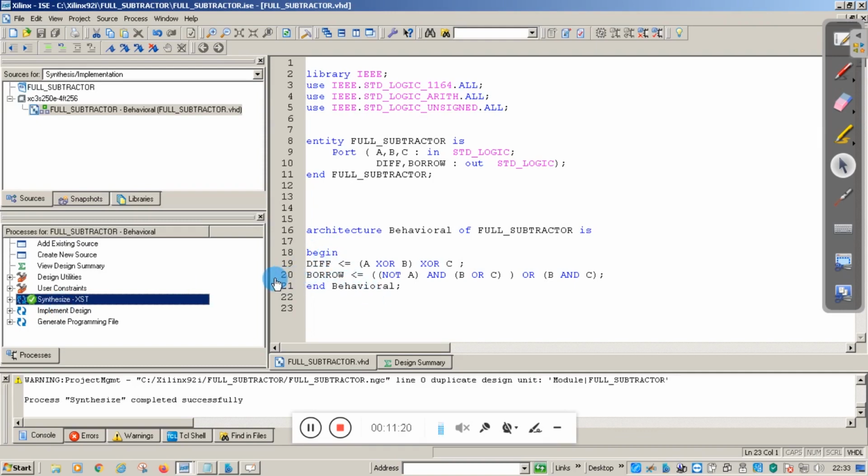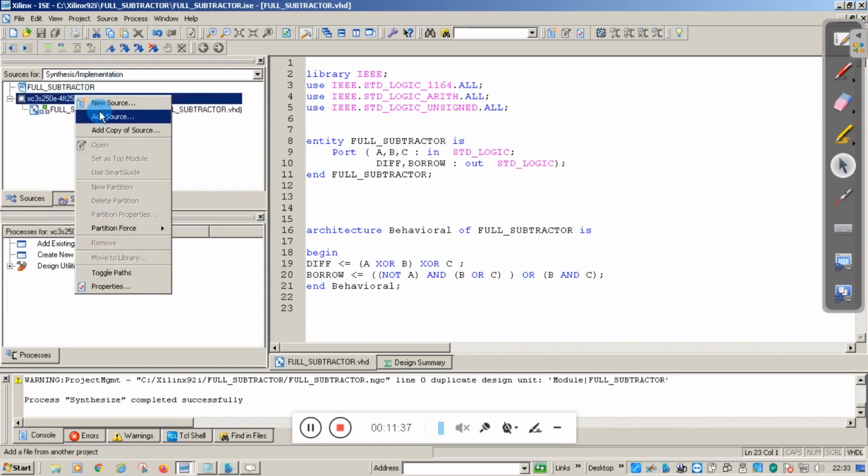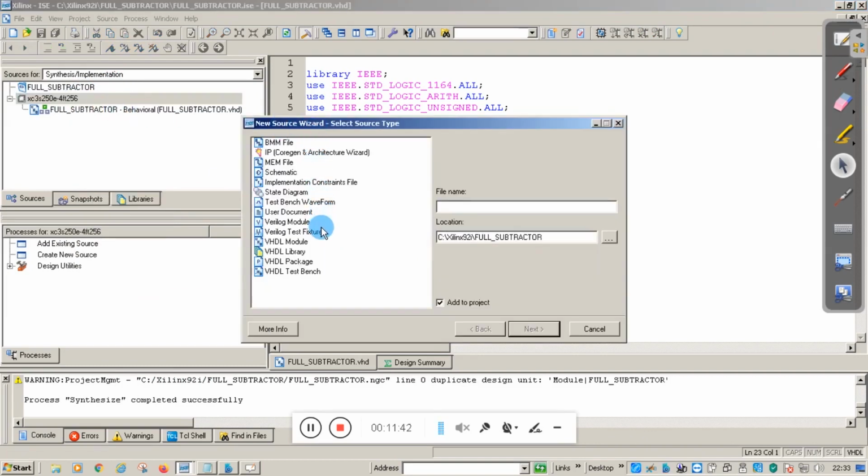Now the second stage is giving input to our code. Input to the code can be given by a process called a test bench. For that, right click on our package and you will see the option New Source. Click on New Source. Here you will see the option Test Bench Waveform. You can give the input in terms of a waveform, or by means of input code.